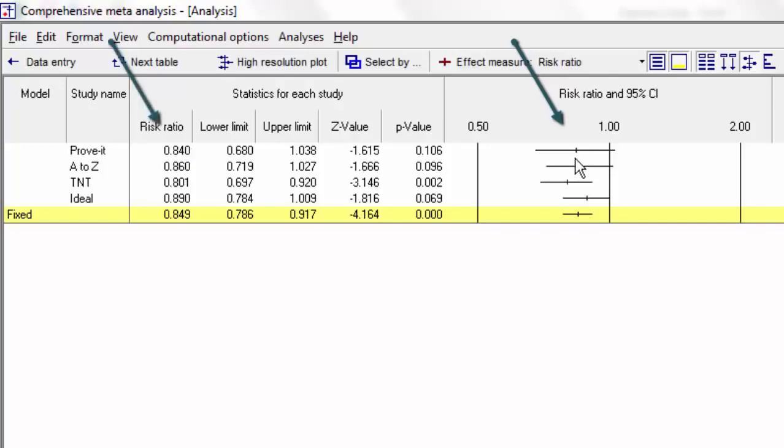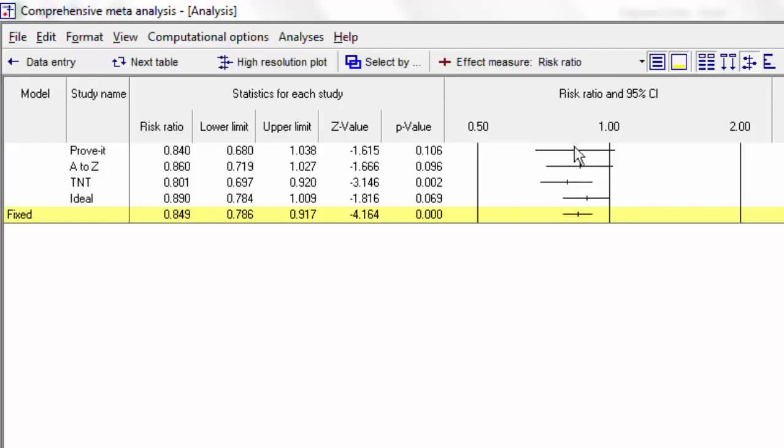That tells me that the risk of developing a cardiovascular event in the high dose group was about 16% lower than it was in the standard dose group. The risk ratio was 0.84. That's 16% less than a risk ratio of 1. So the risk is obviously lower in the high dose group than it was in the standard dose group. While the effect in this